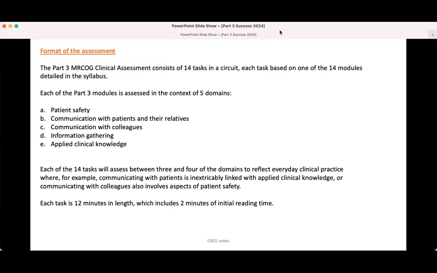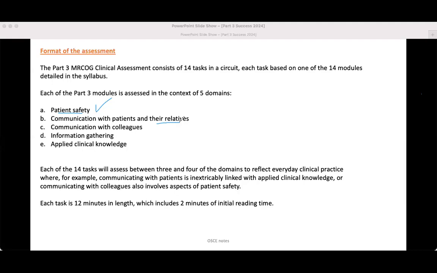We have a domain called patient safety, and from the name, this is concerned with the things that will make a difference in the patient's life, okay? You maintain the patient safety: safety of health, safety of information. So this is a very important domain. We have also communication with patient and the relatives, and the doctor-patient relationship,